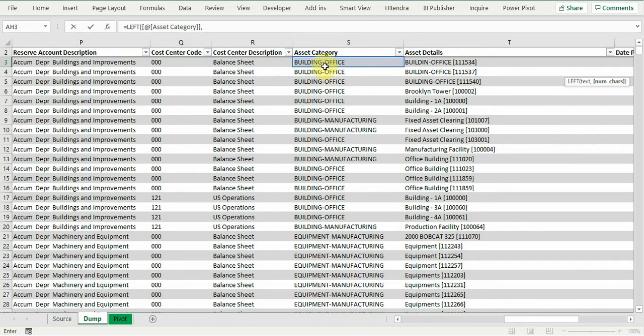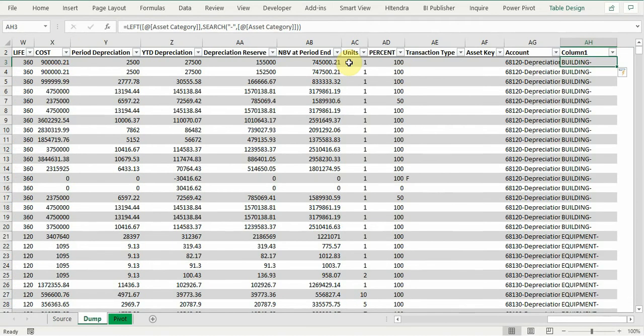To identify the position of this segment separator, I will use the formula SEARCH. The find text is this hyphen sign, which is in this text. So search is done, and now LEFT is done. As we can see here, it has calculated the number of characters up to the hyphen. I don't want the hyphen, so I just need this minus 1.